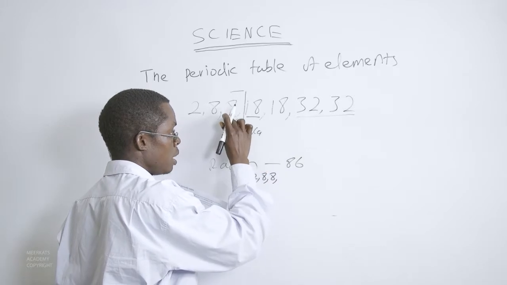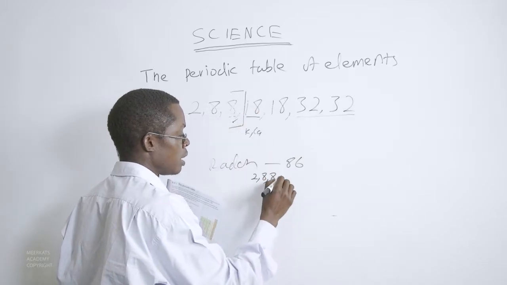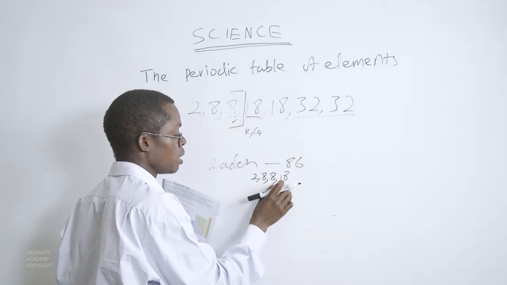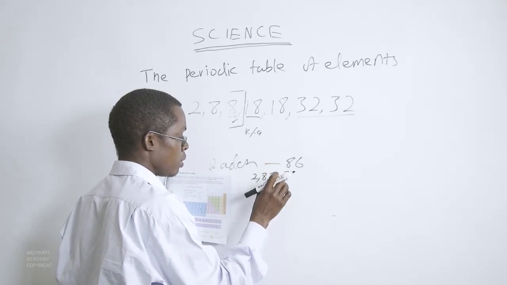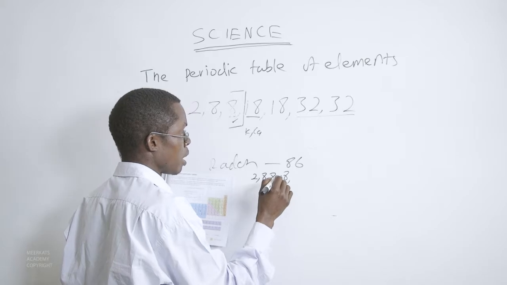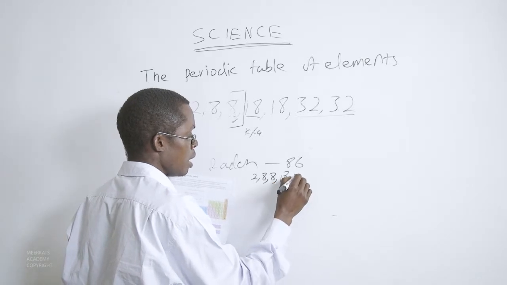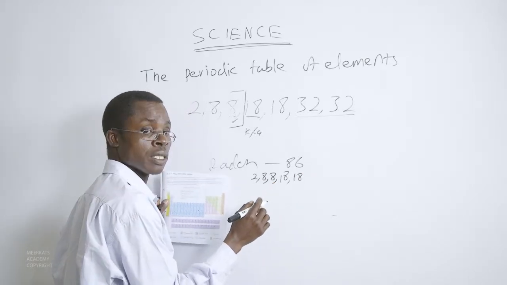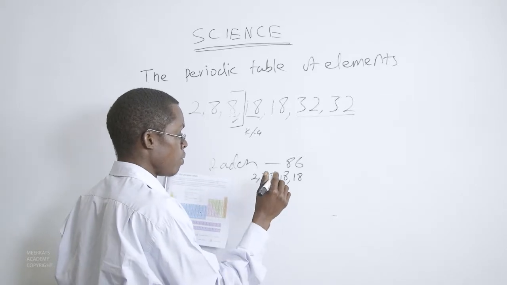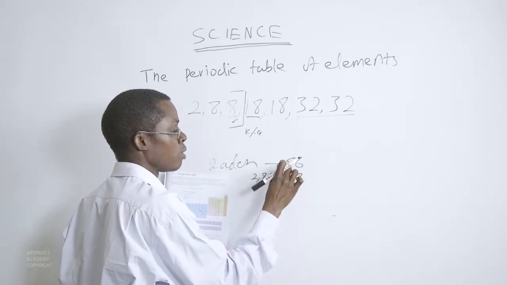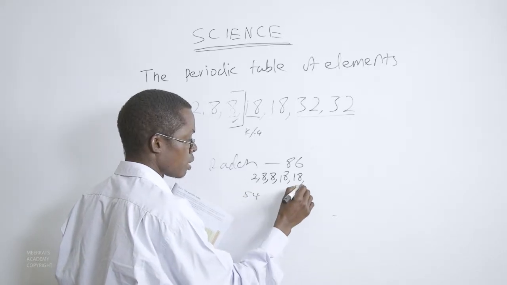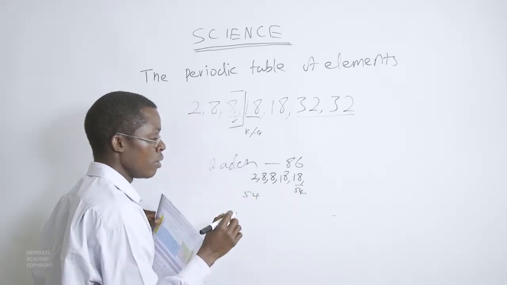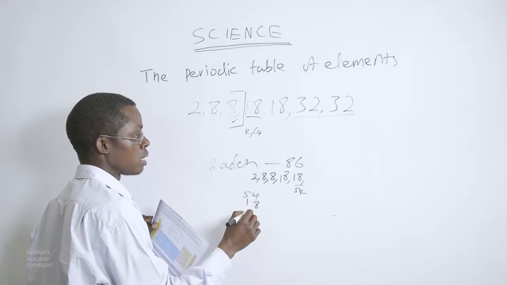Then from 18, the next is 18, so 18 plus 18 giving us 36. Then from 36, we add another 18, giving us 54. Still, we are not yet at 86. At 54, if we add another 18,